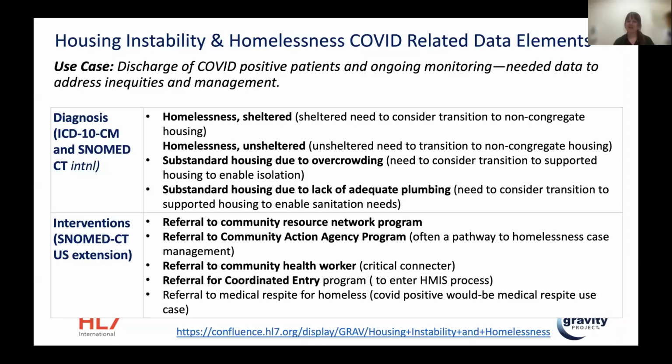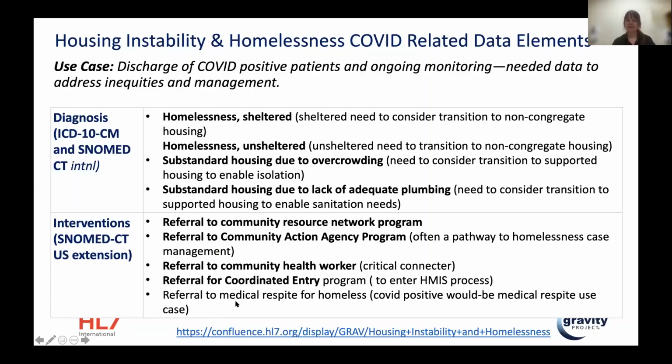Again, there's that community health worker, which is the critical connector, and then there's a representation of entry into our system that manages applications for housing within the presence of homelessness. So again, all of the interventions are not international. Those would just be kind of plug and play with the Canadian approaches and Canadian programs, unless it's a role, like we can imagine the community health worker being something that might be applicable across international settings.